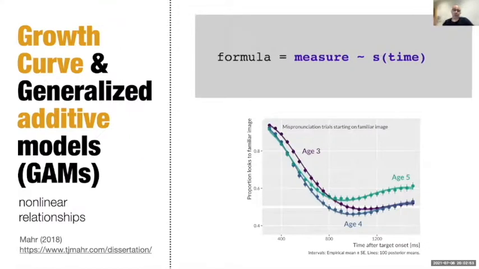Is your dependent variable a time series? Very relevant for us speech scientists. Are you interested in formants or in pitch trajectories, for example? You want to compare the nonlinear patterns of F0 contours. Some of you might be familiar with generalized additive models, GAMs, and brms can fit these nonlinear relationships as well, using very similar syntax to the commonly used GAMs that you might be familiar with. Here's an example of an eye tracking study that has been analyzed with nonlinear growth curve analyses by